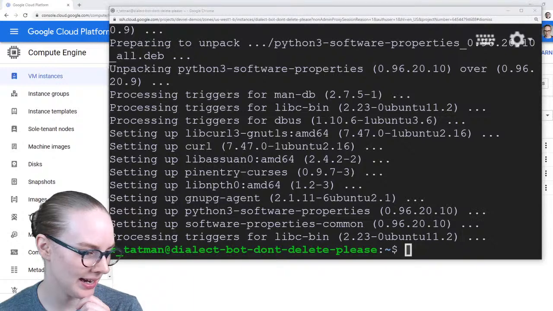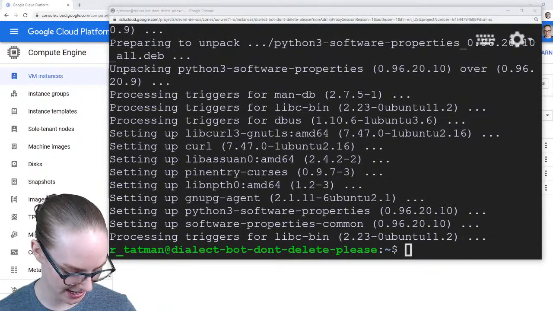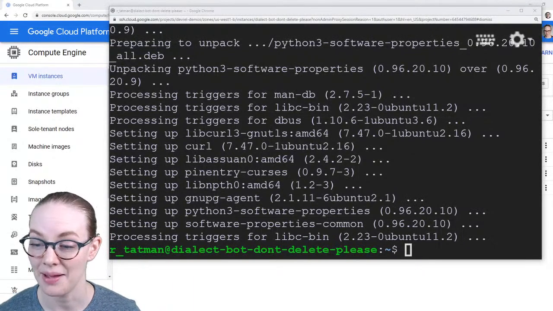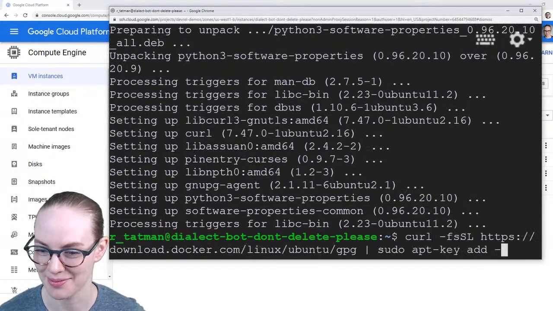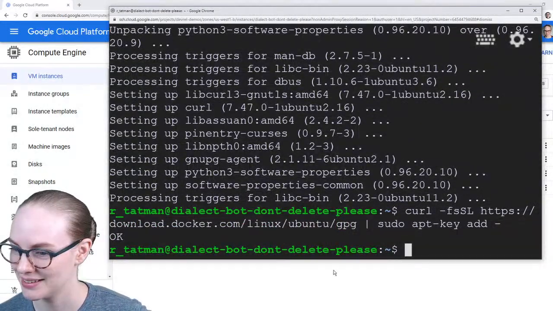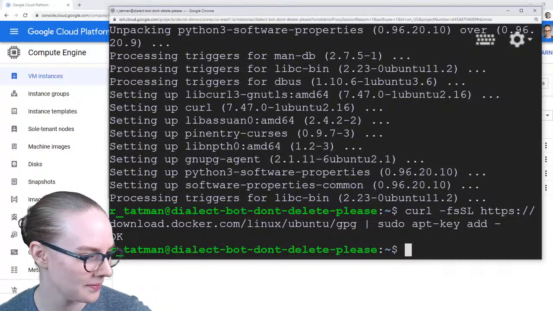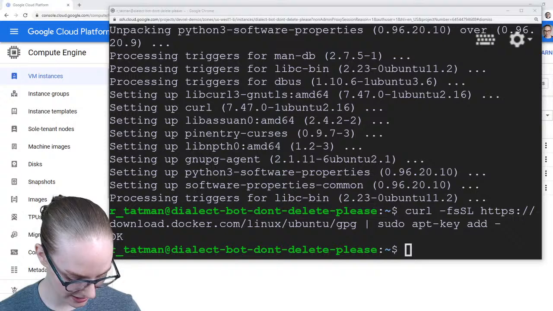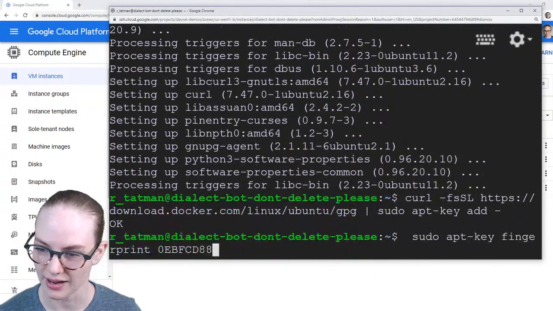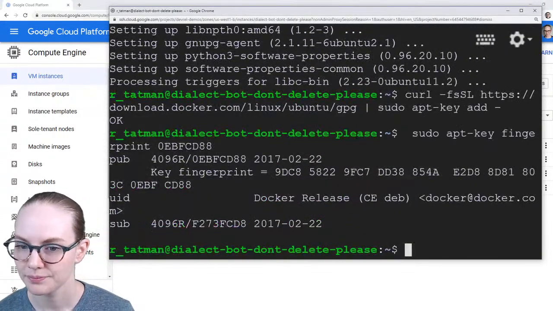All right, and then we need to add Docker's official GPG key. I am copying and pasting. I don't know these commands off the top of my head. Okay, all right. And then we are checking to see that it was installed correctly.